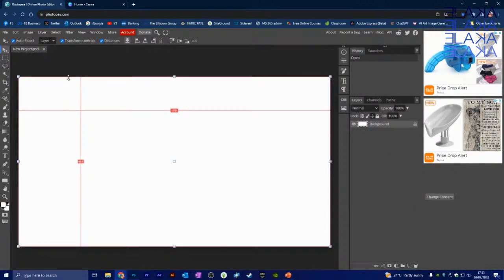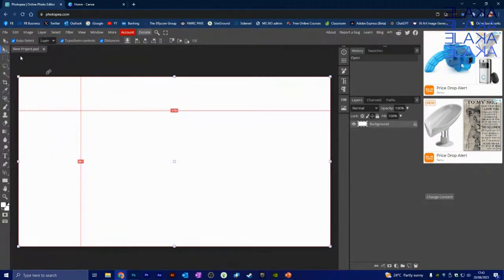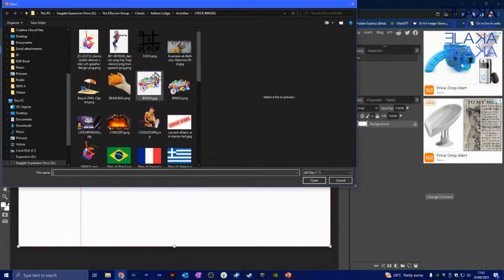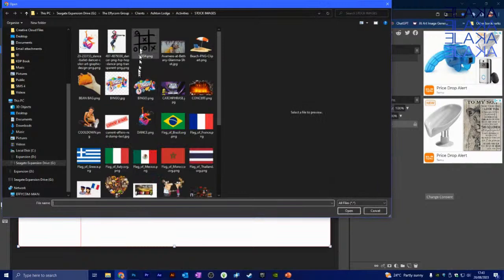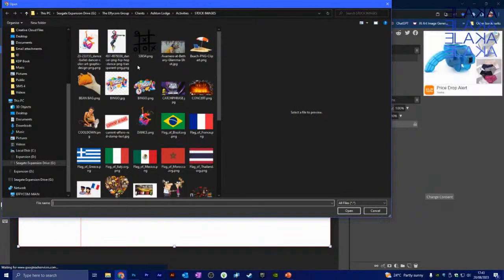Okay, and then you can literally do the same thing. Now, the difference is I'm going to do file and I'm going to add open in place. This is Photopea. You literally have to just go to photopea.com and you can access it completely free. So you don't need a subscription like Photoshop, although Photopea does have a subscription option, especially if you want to